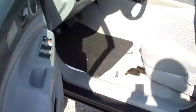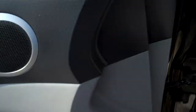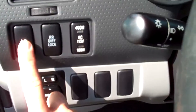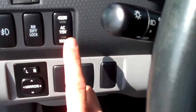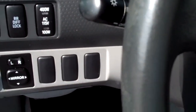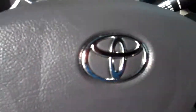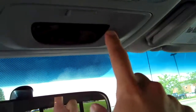Going inside the driver's side, I told you I'm going to show you a couple more little features. Of course, you have all your master switches there for your doors, fog lights, your locking rear differential. This is where you turn on the 400 watt to the AC 115 back in the bed that I was showing you as far as for camping and ball games. All your power mirrors and everything too. Let's see, there's also the temperature and the compass up there. That was kind of an upgrade. It wasn't on all the vehicles, but usually did come with the